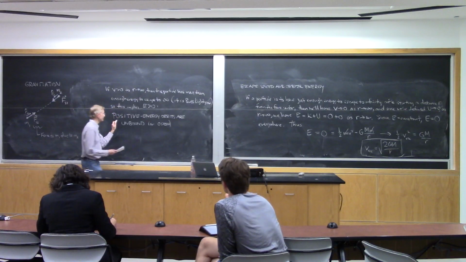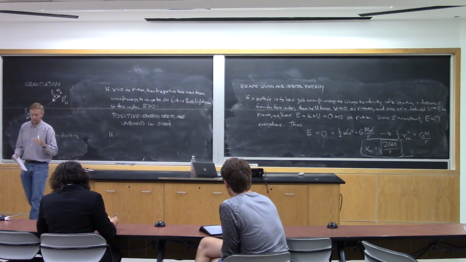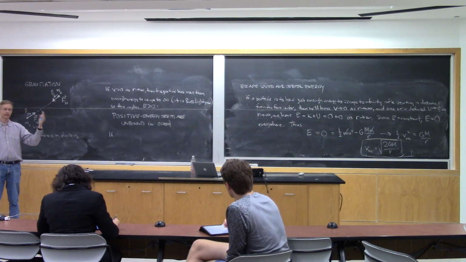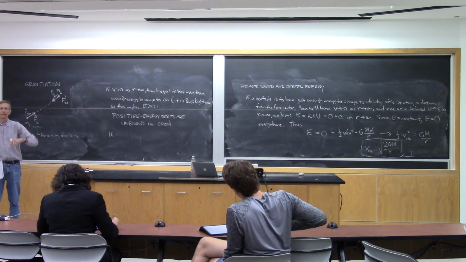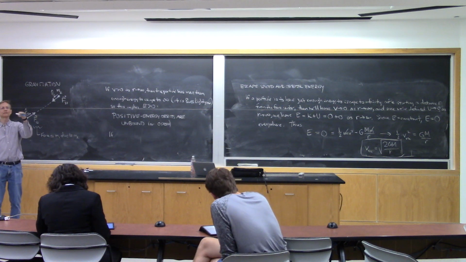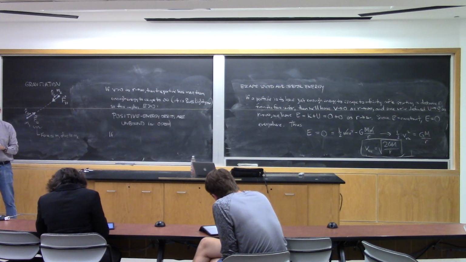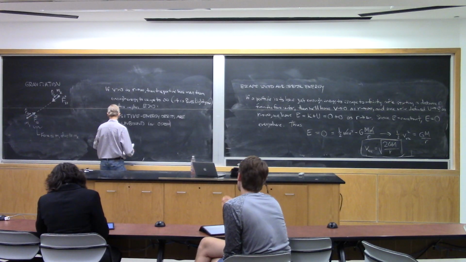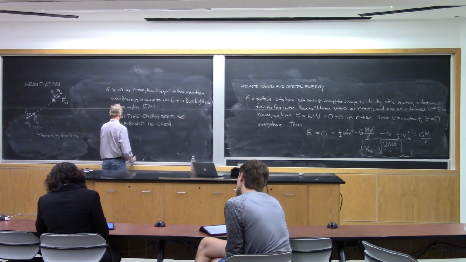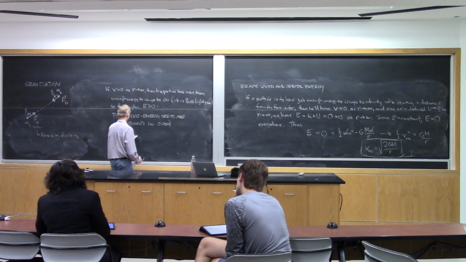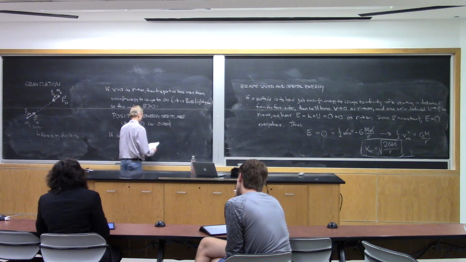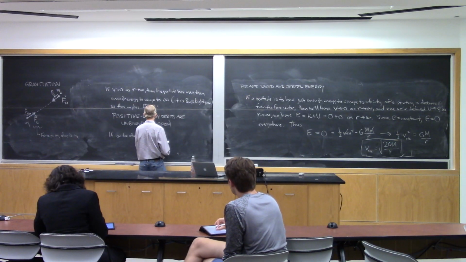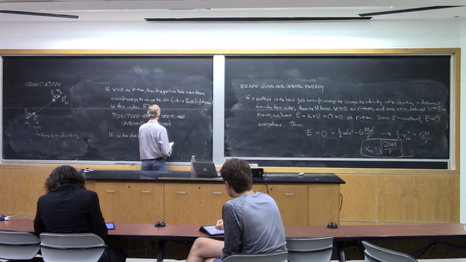And again, it's understood that this is because we're setting U equals 0 at infinity. If we set it to something else, everything would get shifted. If the energy is greater than some constant, it's unbound, something like that. If, on the other hand, the particle has insufficient energy to escape to infinity,